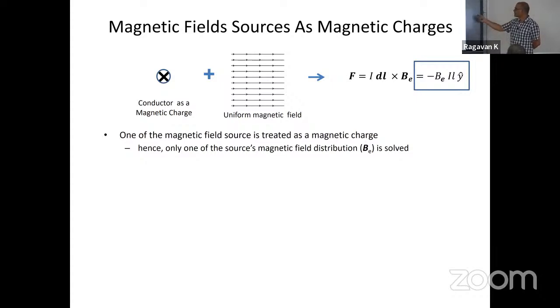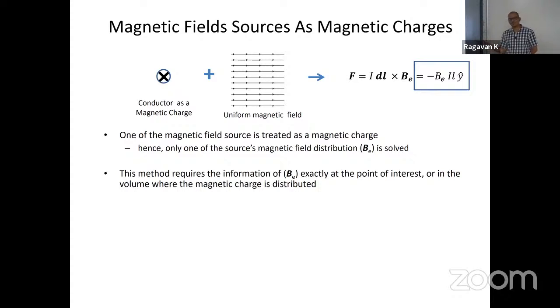So you know this formula B can apply in that method. It is I dl cross B_e. B_e is a vector here, so you'll have the boldface B_e as the vector, and the normal B_e is its scalar value, right? So that's the Lorentz force method. That's method 2.